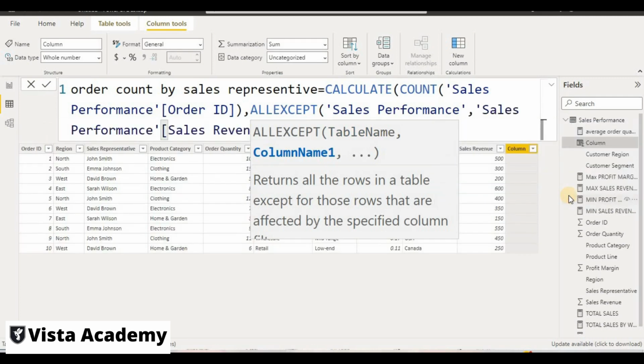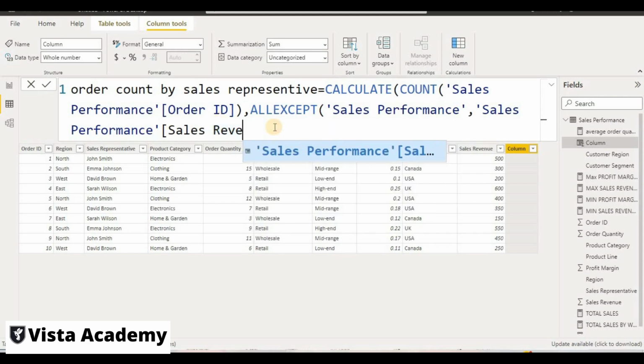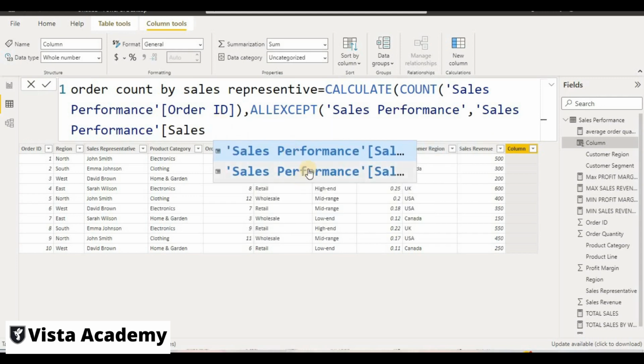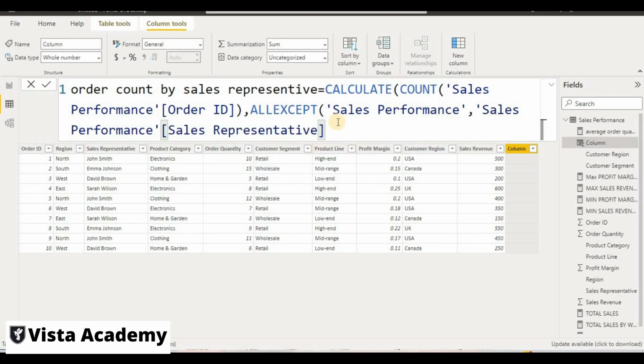So I think this will be our sales revenue. This is our sales revenue. So I have to just move down. So here we have to take sales representative, and then I have to close this